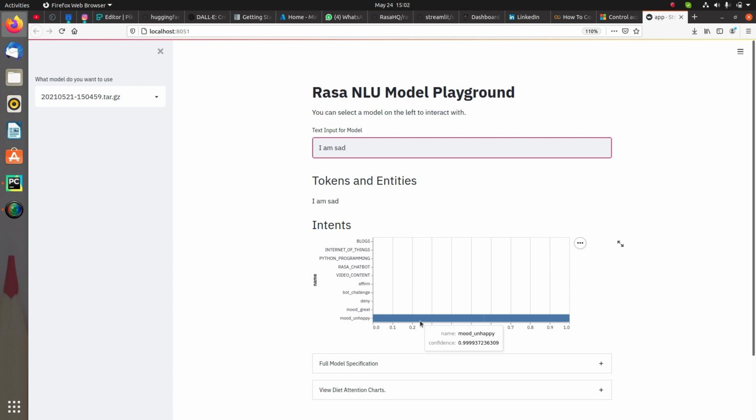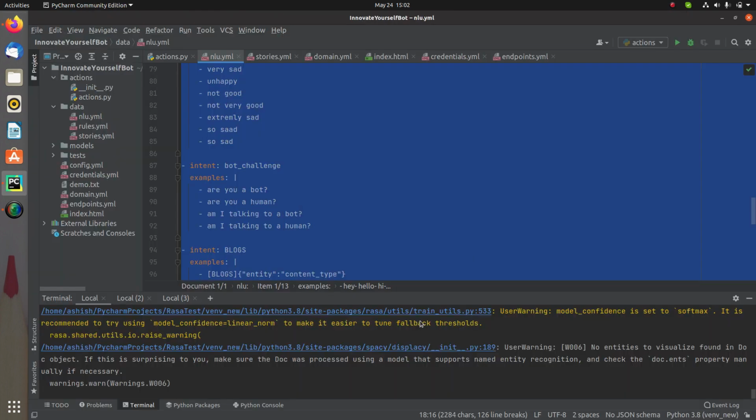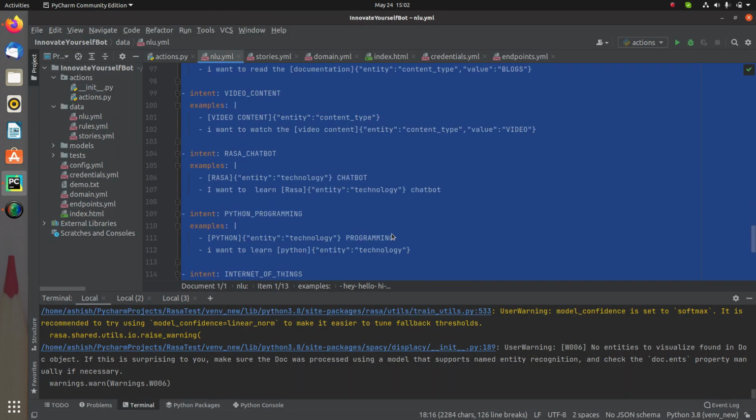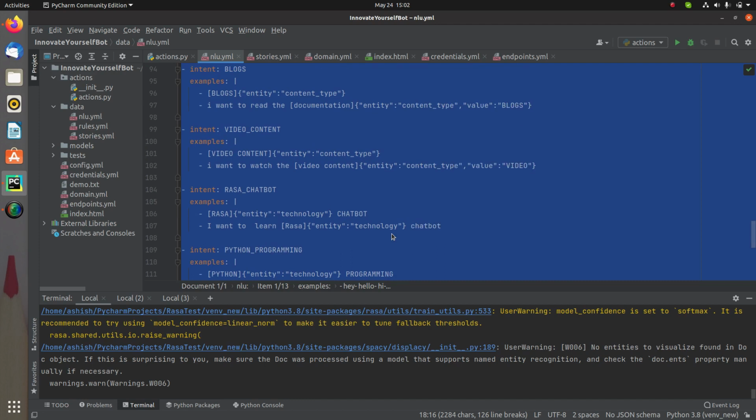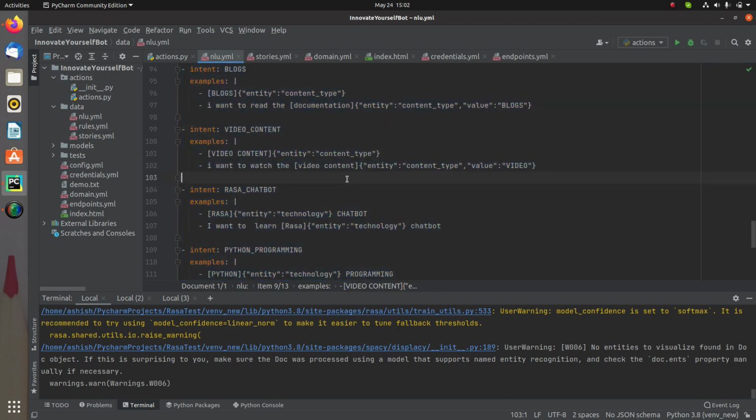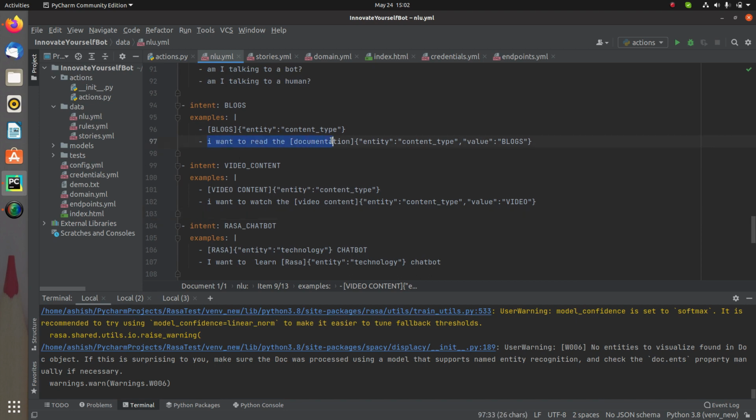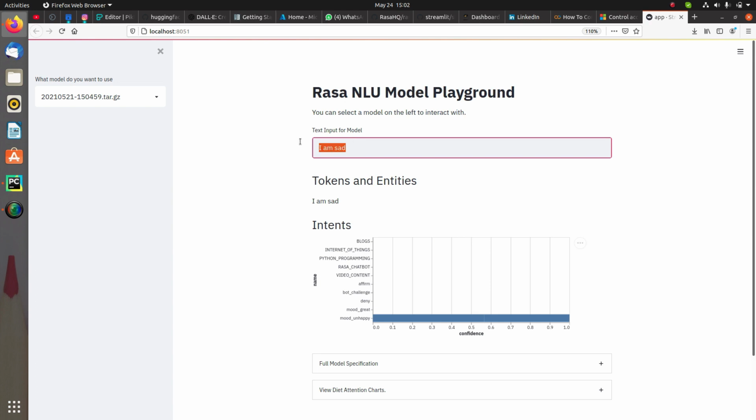Not only intent classification, you will be able to do entity extraction as well. Let's see whether we can perform it here only or we require something else. Let's say I want to read the documentation. This is a message and I want to pass it over here.